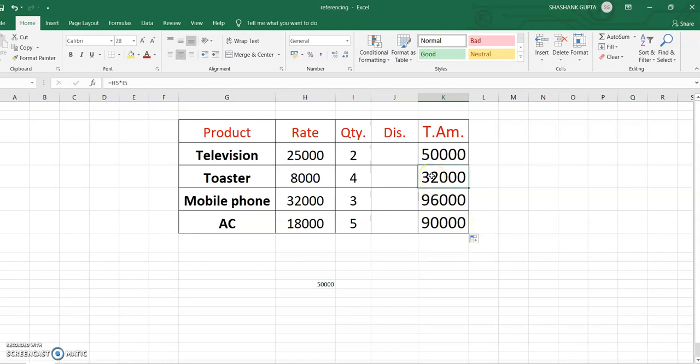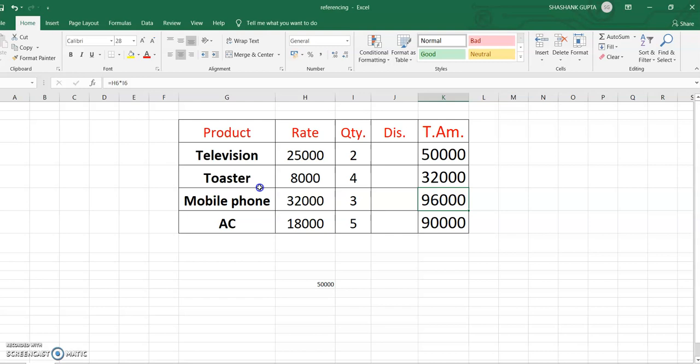Now you can say there is equal H5 into I5. That is, if we talk about this cell, H6 into I6, it means the formula is copied from one cell to another cell, but cell references are changed automatically. So that is your relative reference.